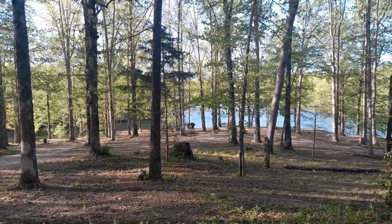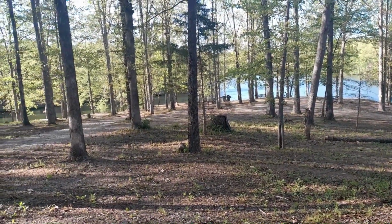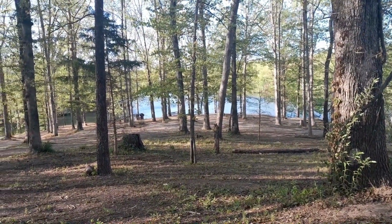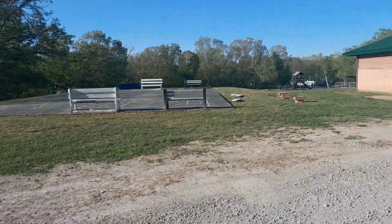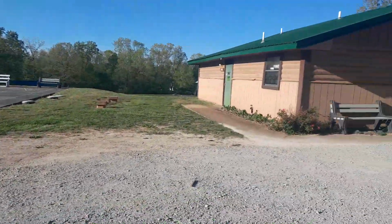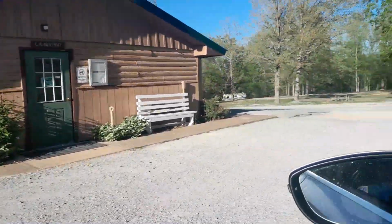So behind us are some cabins, but this looks like a tent camping area. They've got some picnic tables and some different things, you know, amenities. Got some water outlets, but mostly for tent camping on this little peninsula. You come down here and actually get a spot on the water. Oh, this area here's got a shuffleboard. Nice. Looks like it's in decent shape. No big cracks or grass growing in the middle of it. And it's right next door to a laundromat and the bathhouse, just like we just saw at that other area. And there are